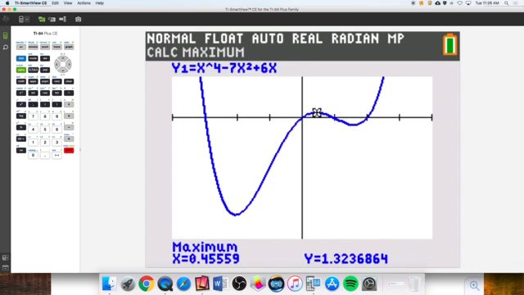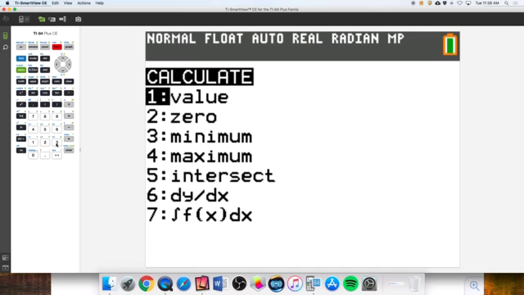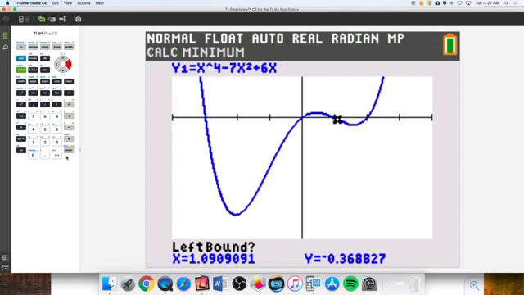All right, this guy over here is next. He's a local min. So one more time, second trace number 3. And now to the left, that looks good. Hit enter. The open interval containing it will move to the right. I can see it's coming up. That looks good. Enter, and then enter for your guess. All right, so now we'll write that again. F has, I'll go back to local this time, a local minimum of y equals negative 1.766 at x equals 1.600 if you truncate,